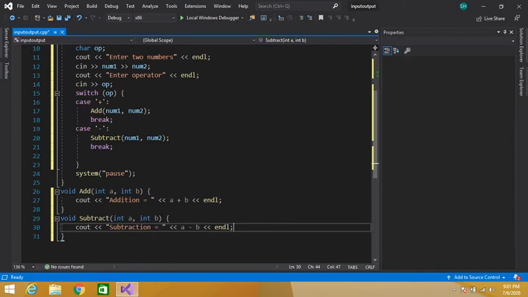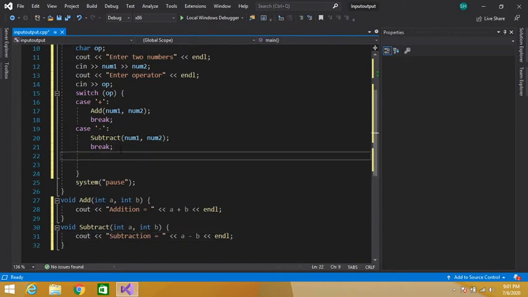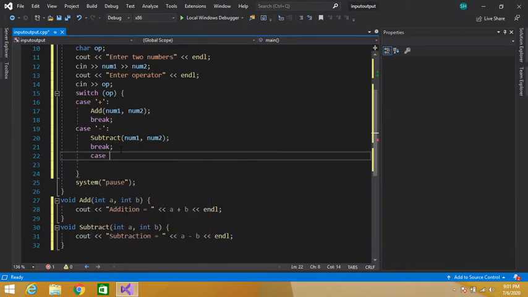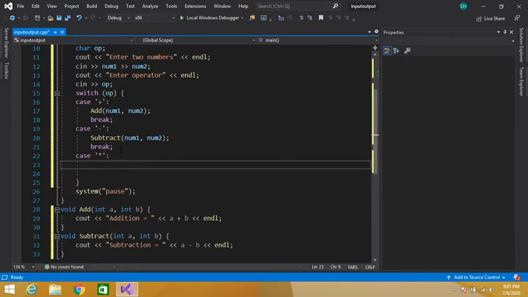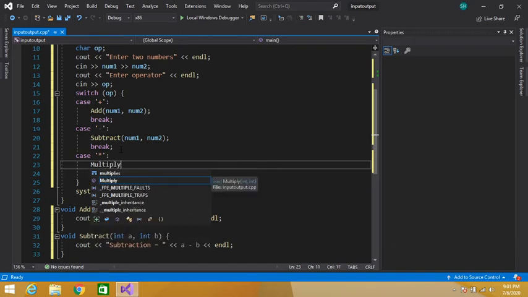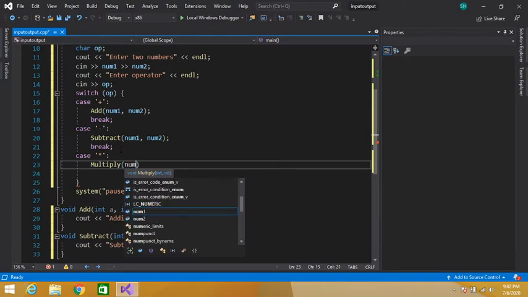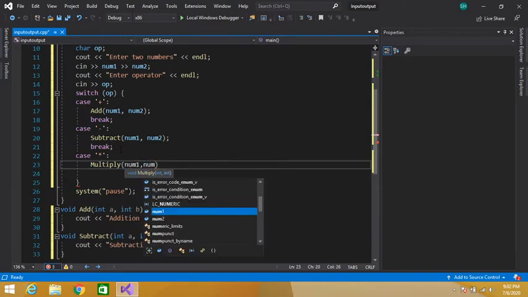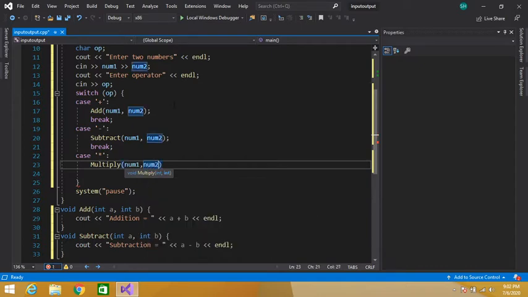Now again case for multiplication. Multiply function, and we will pass num1 and num2 as parameters.